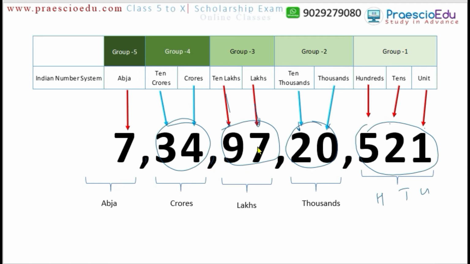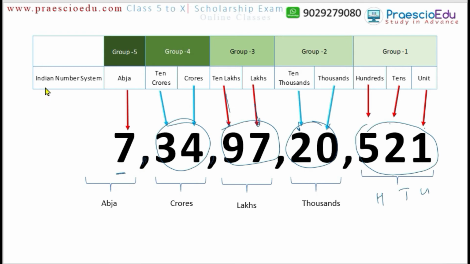So we can very easily understand the value of the particular number, or the number's place value. While listening to numbers, we can write them very fast, and while reading that number we can easily read it. Otherwise a bigger number cannot be read easily, or we cannot say exactly what the place value of that digit is. Now we can identify the place values very easily after this grouping, or the commas.